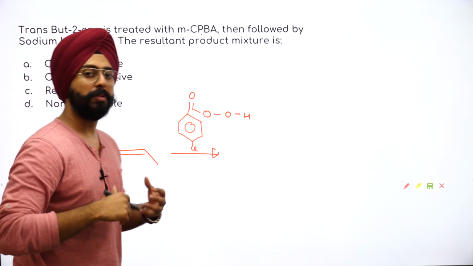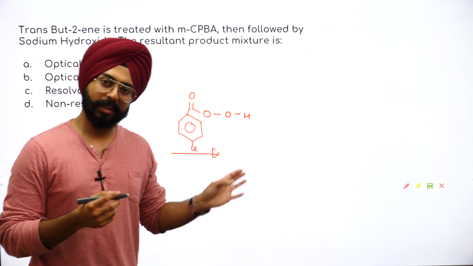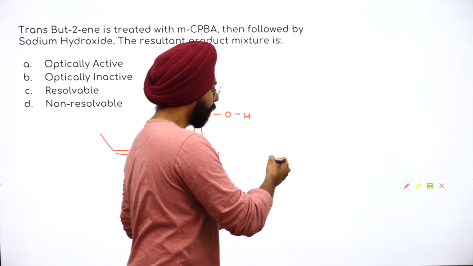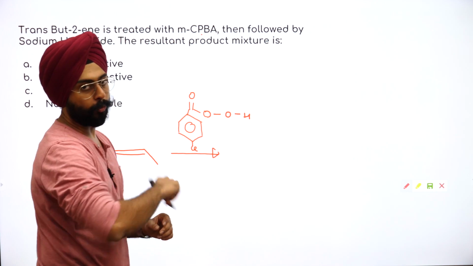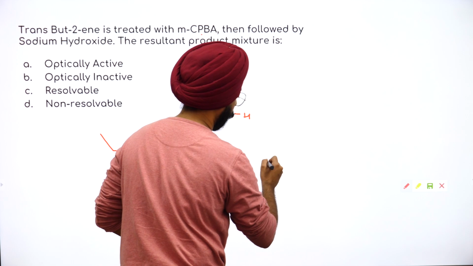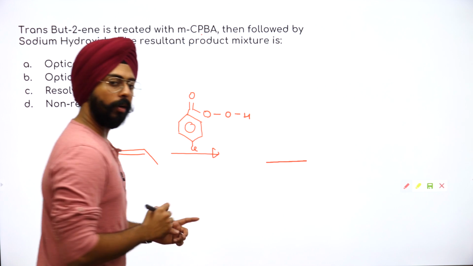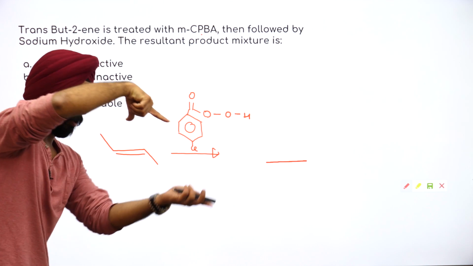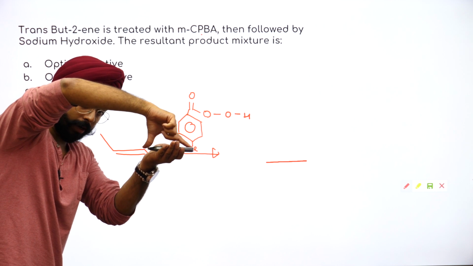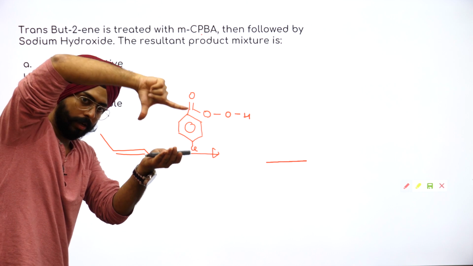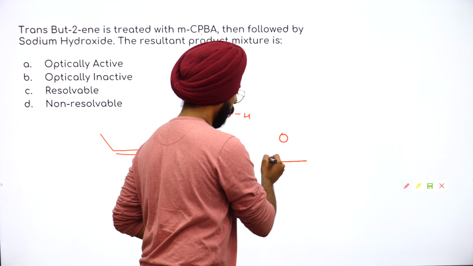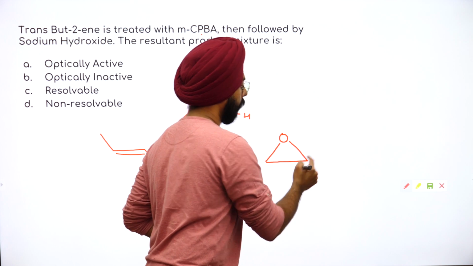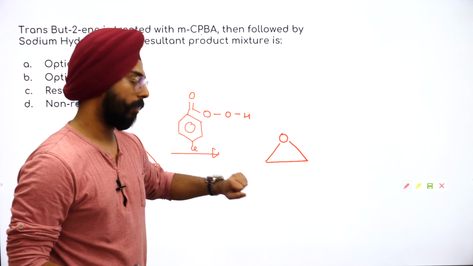What is this reaction? This is epoxidation. Yes, do you remember this is epoxidation? So what will happen? I'll try to make a structure which looks a certain way because I have to prove a point for the next mechanism. This is the double bond. Now on top of the double bond, ये double bond था, the oxygen will come and attack like this. Yes, पूरा ऐसे आके चिपक जाएगा. So there will be an oxygen. This is right now in the plane of the screen itself.